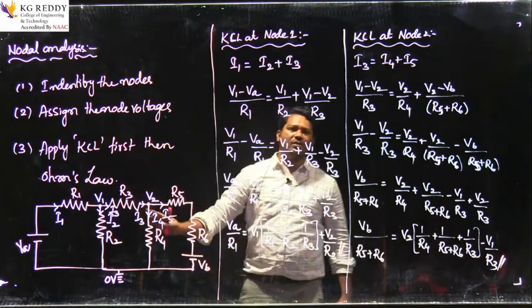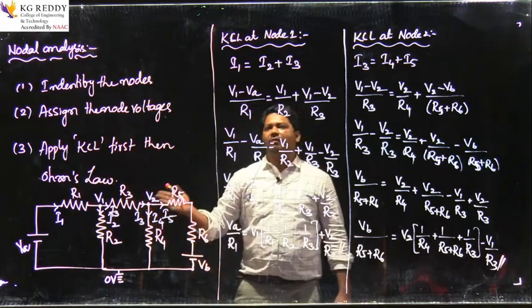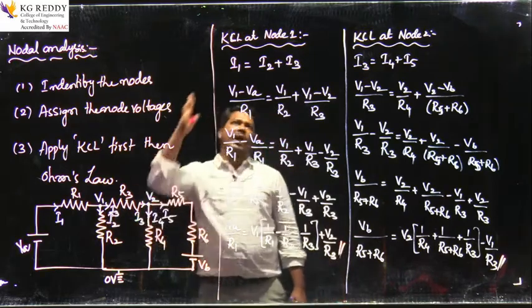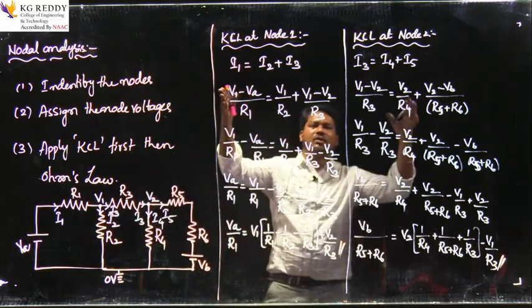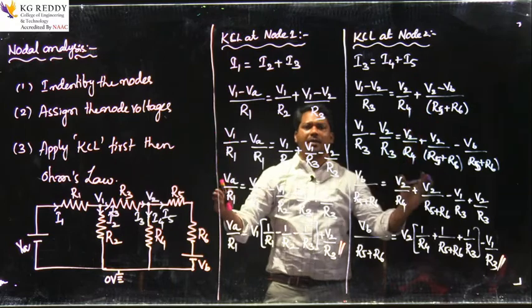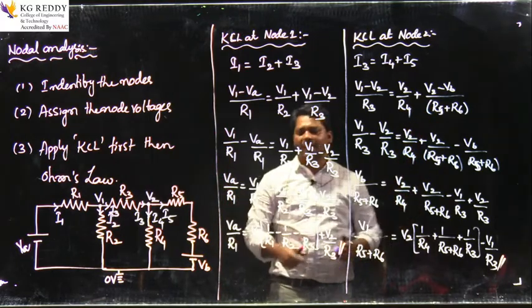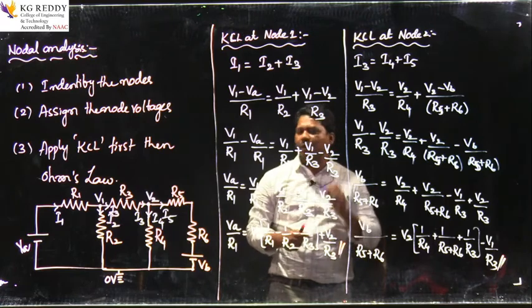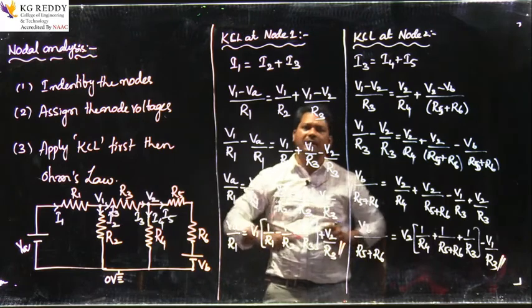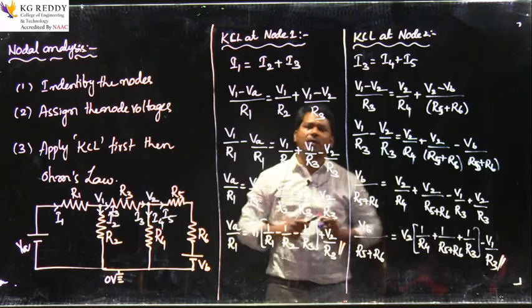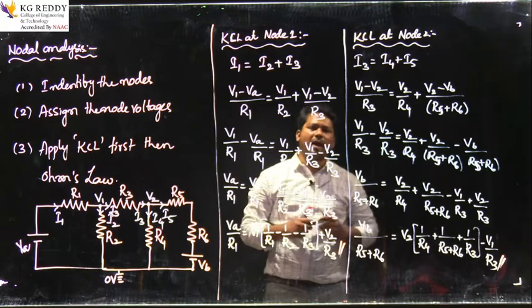So we have taken one circuit. For that circuit, we identified the nodes and applied the KCL at different nodes. After that, I applied Ohm's law. Later on, if we solve these two equations, we can get the solution, the current or response, in any element present in the network. So this is how we can do nodal analysis, right?